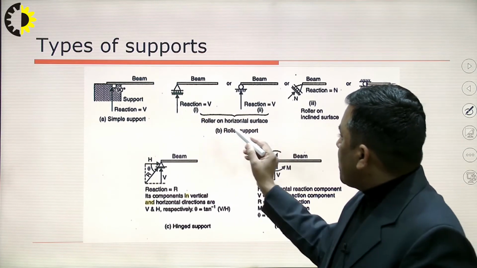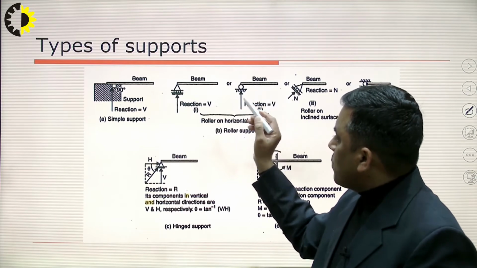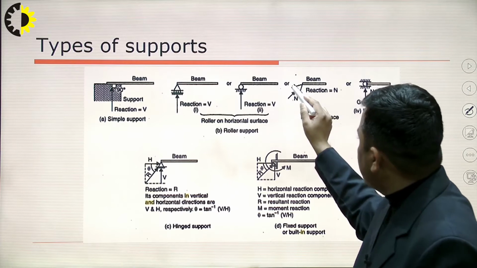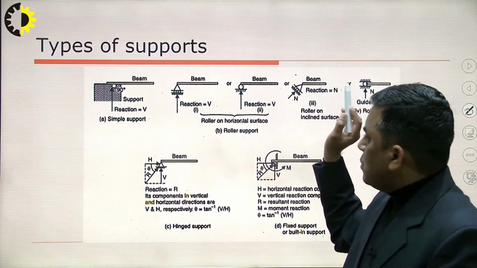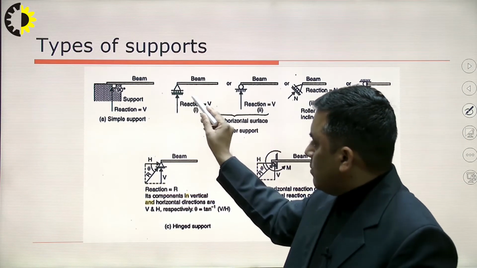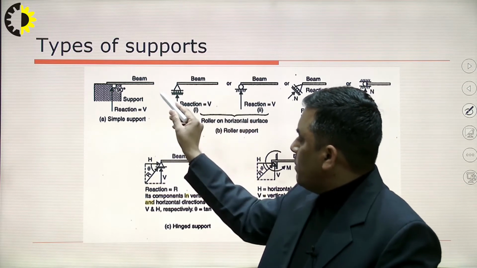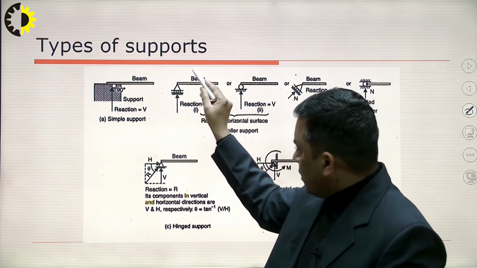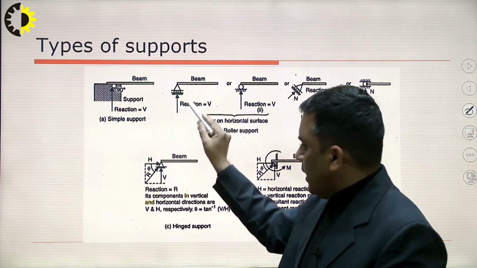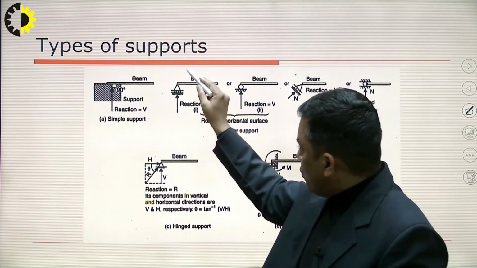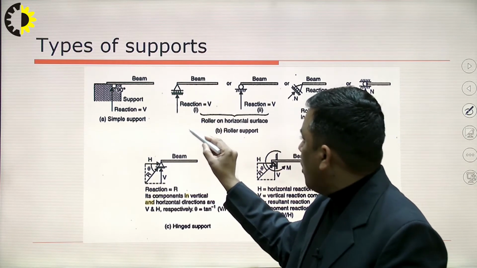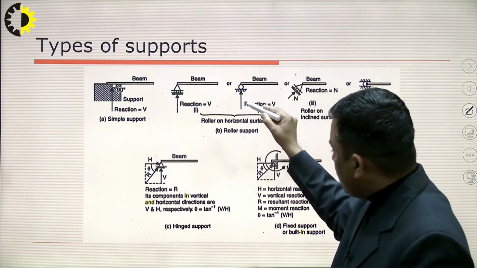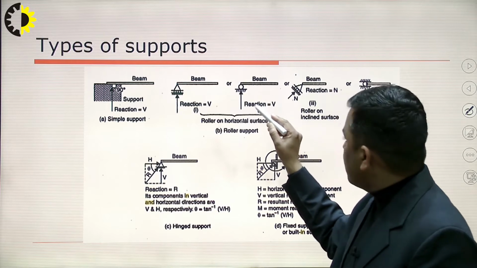Here is the pictorial representation of roller type of support. You can see the rollers here, roller here also, rollers here also. So, what are we observing? Obviously, because of the roller, there is a translational possibility of the beam in the horizontal direction, but there is no possibility of translation in the vertical plane. So, its motion is constrained vertically downward. Here also, in the second example, you can see the vertically downward motion is constrained.